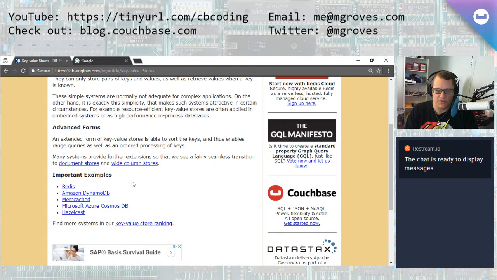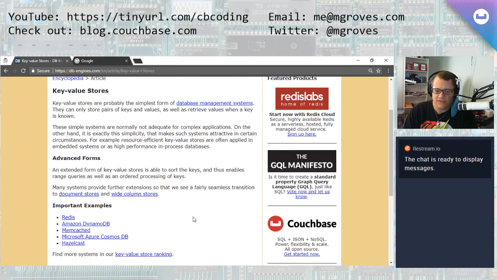And so some examples of that are listed right here. One note is that Couchbase actually still has memcached support, or memcache, I'm not exactly sure how you say it, support as sort of a legacy system. And Couchbase was kind of born out of some legacy of memcached. So Couchbase should be on this list as well because it also can act as a key value store.